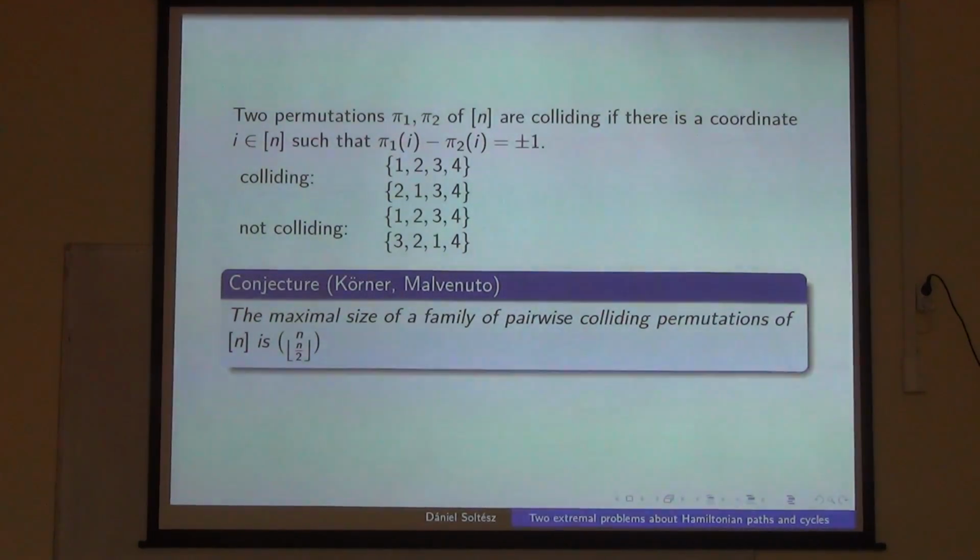So we can think of the colliding permutations problem as follows. This graph is governing what collides with what. Neighboring numbers can collide. So if you are looking at a coordinate, there is a collision if they are neighboring numbers. This graph governs colliding. If we change this graph slightly,